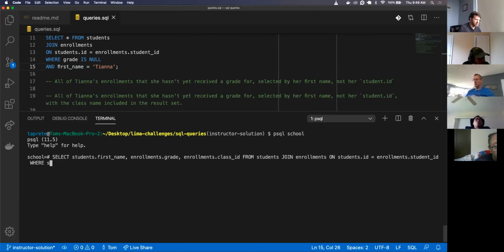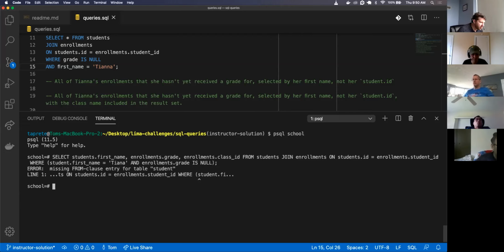I have parentheses on this, I don't know if it matters. Is this in parentheses as well? The next thing you write is also still in that. So grade is null.